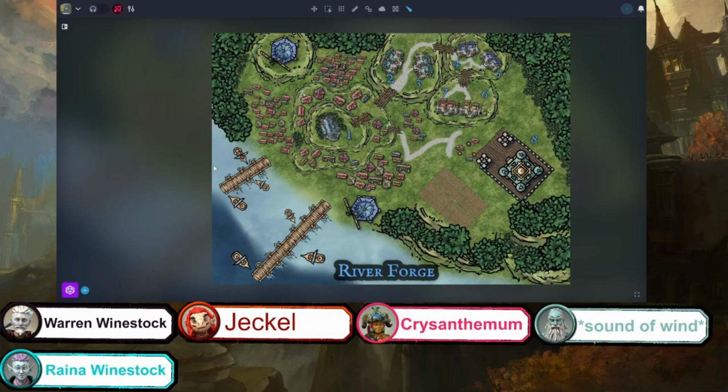So you guys are tracking through town. It was about lunchtime when Raina and Warren got into town, and you spent probably about an hour and a half in the river bend, and you approach this ruin.